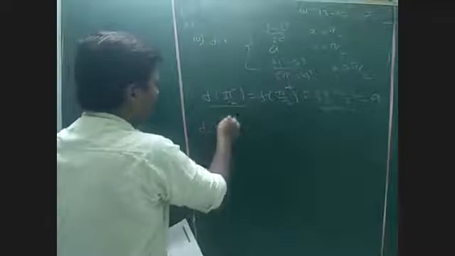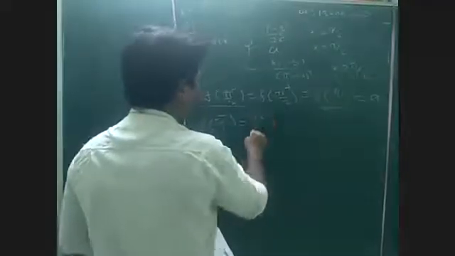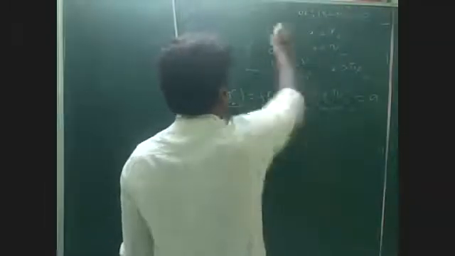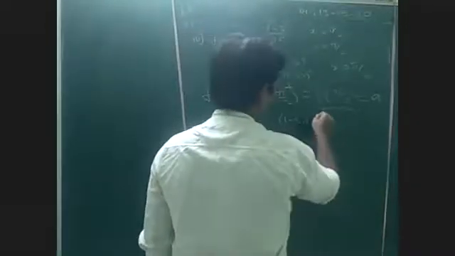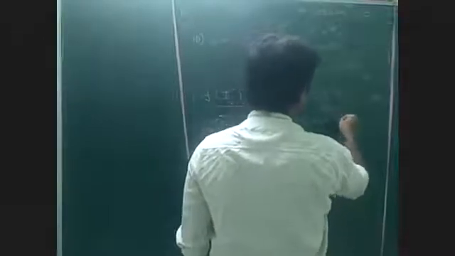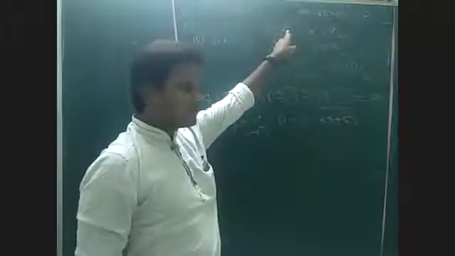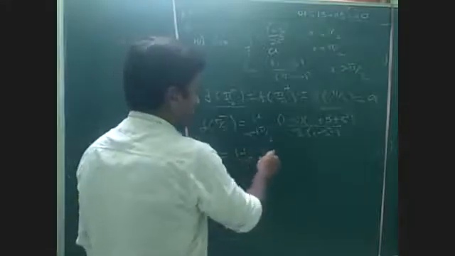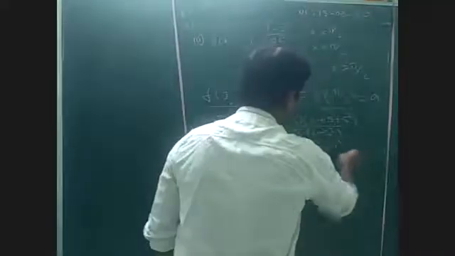f of pi by 2 minus is equal to the limit as x tends to pi by 2 of (1 minus sin cube x) by (3 cos square x). I want to apply a cube minus b cube, which is (a minus b) into (a square plus ab plus b square). Here a is 1 and b is sin x. And cos square I want to write as 1 minus sin square. So this is the limit as x tends to pi by 2 of (1 minus sin x)(1 plus sin x plus sin square x) by 3.